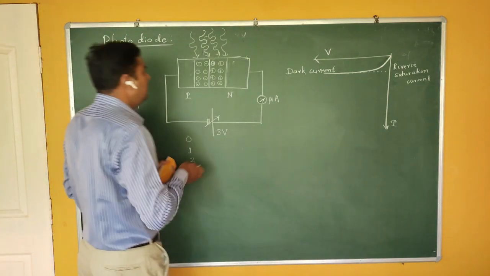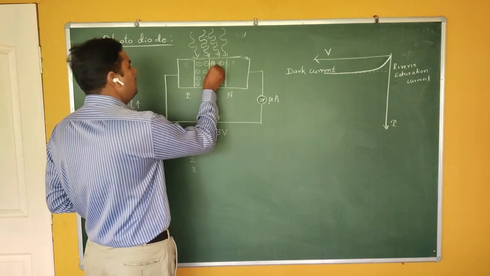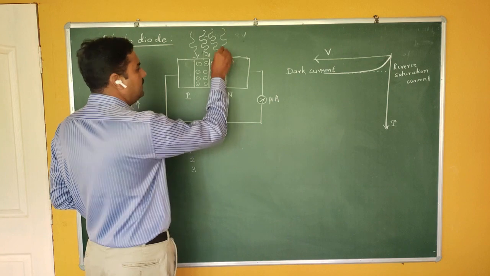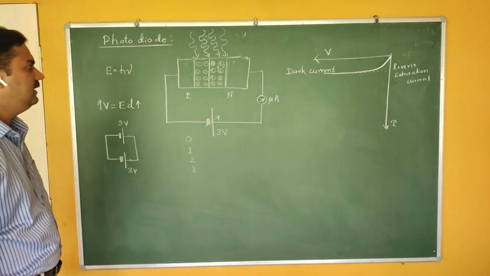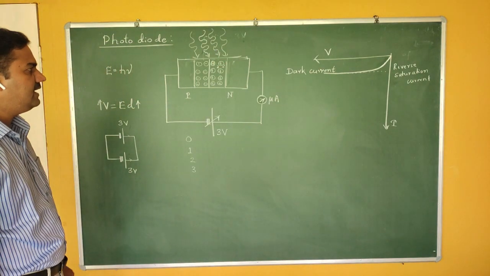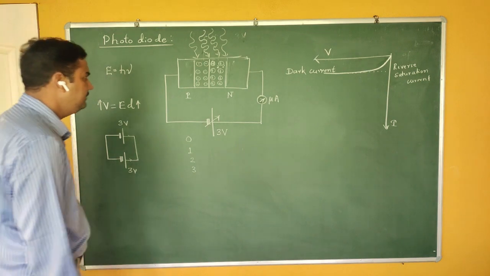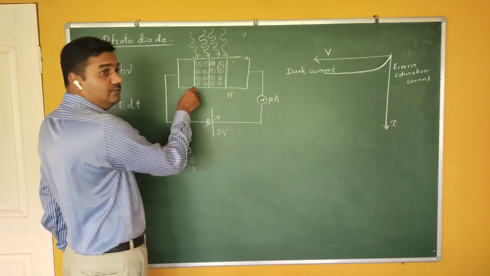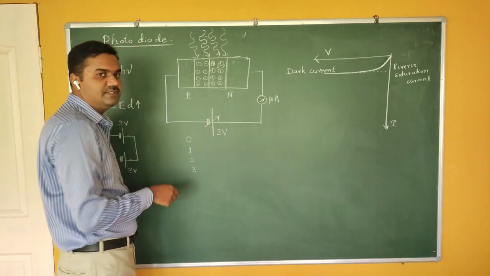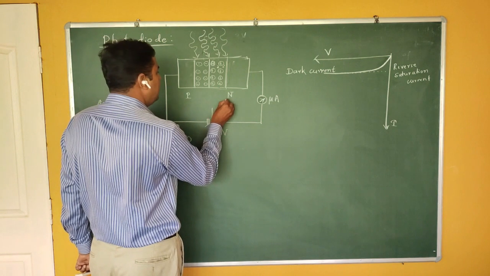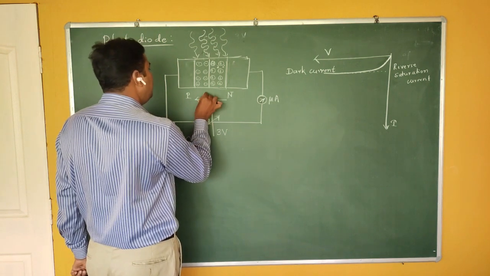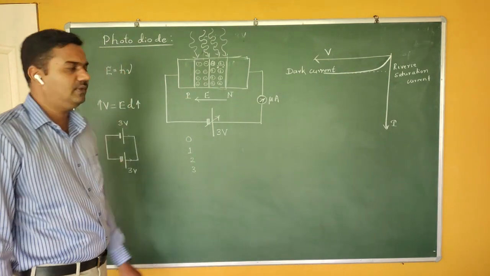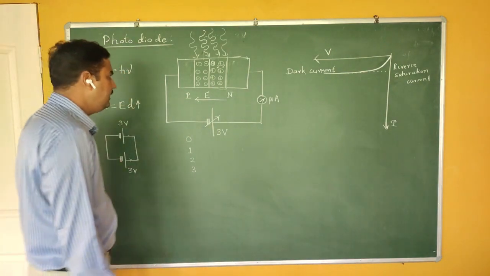So can you see that? In this particular region, whether here or here, an electron and a hole are created. Electrons and holes are created. Now see, here it has some electric field. On one side you have the positive charge, on the other side you have the negative charge. So what is the direction of the electric field in the barrier? The direction of the electric field is from positive to negative. The direction of electric field is always from positive to negative.